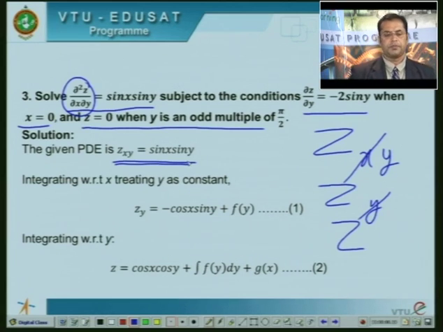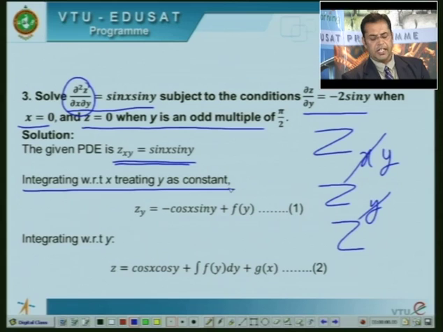So, first take z_xy = sin x sin y and integrate with respect to x, treating y as constant. So, the left hand side z_xy is transformed to just z_y. In the RHS, integration of sin x sin y will involve only sin x, because you are integrating with respect to x, and it is known that the integration of sin x is minus cos x. So, you get minus cos x sin y